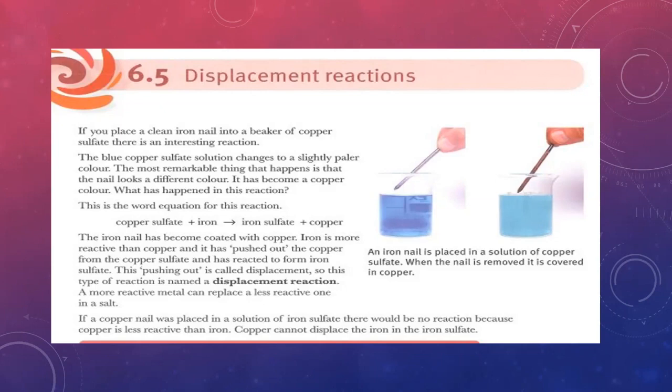According to the chemical reactivity series, which is the reference for making any displacement reaction, iron is located before the hydrogen and before the copper. So iron is more reactive than copper. So when the more reactive